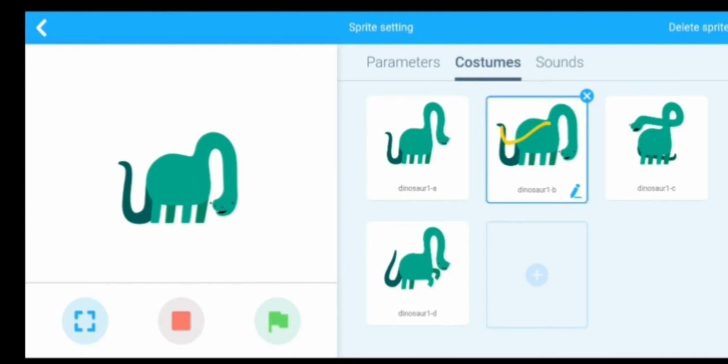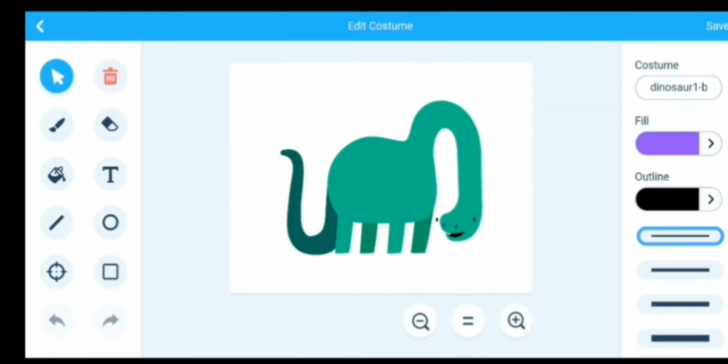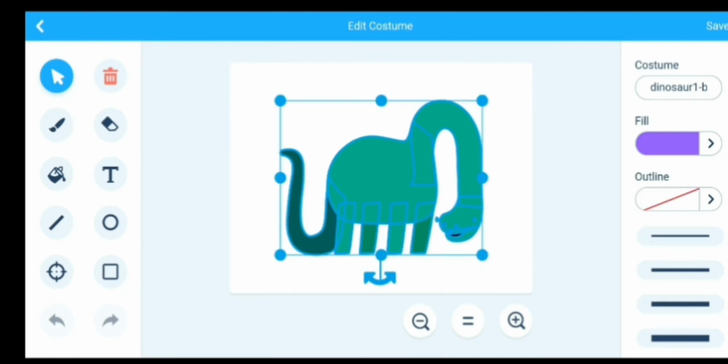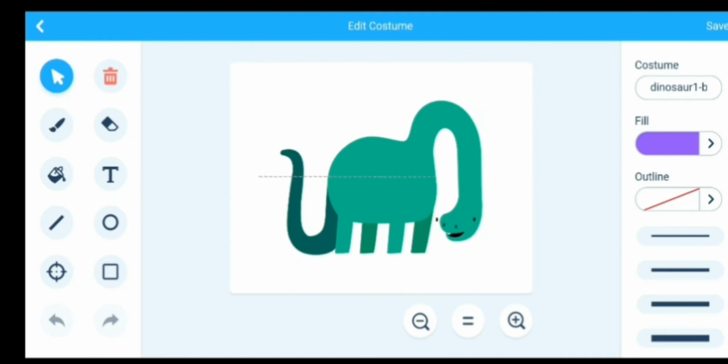If I want to modify this costume, for modification you will click on this pencil, then I want to flip this costume. Select this by selecting all the dinosaur sprite here and then switch it.